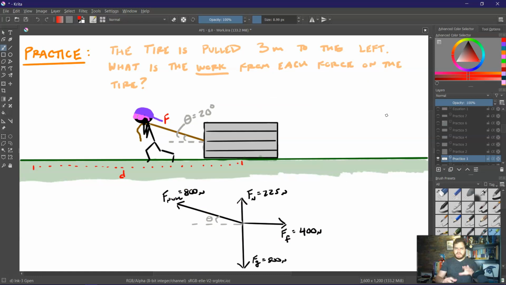Let's look at a slightly different example and kind of reason through the same way we just did. Now, you're more than willing to try this one on your own, so feel free to pause it and give it a shot, but I'm going to go ahead and start going through it now.